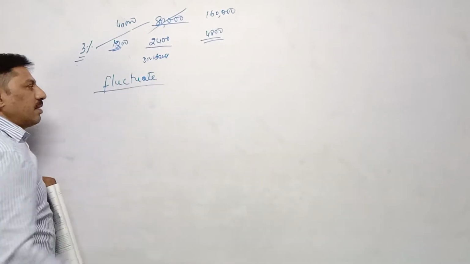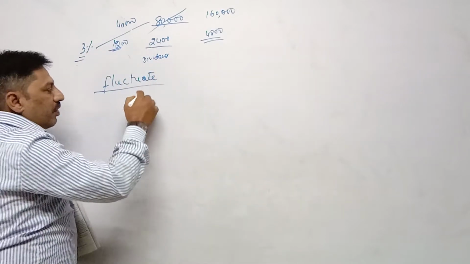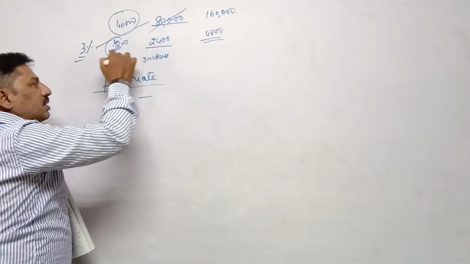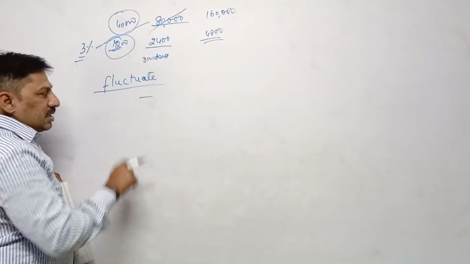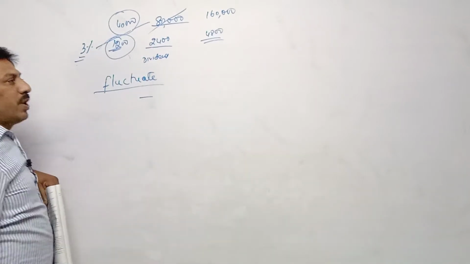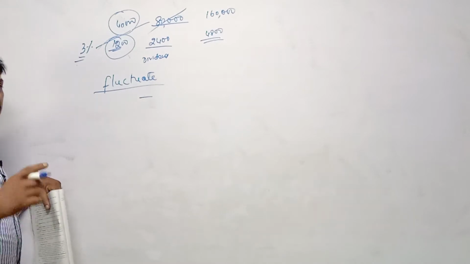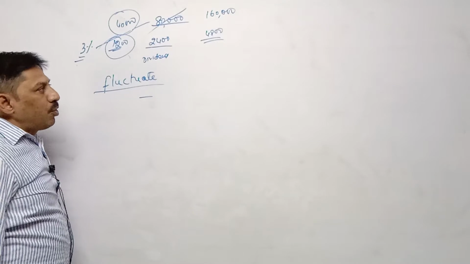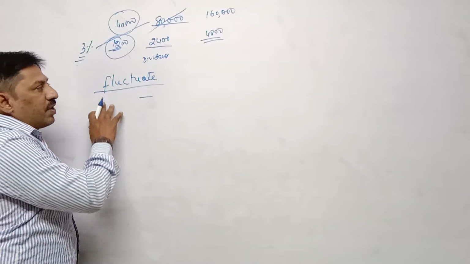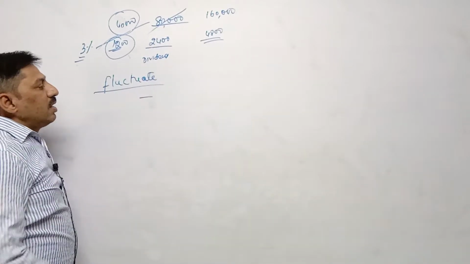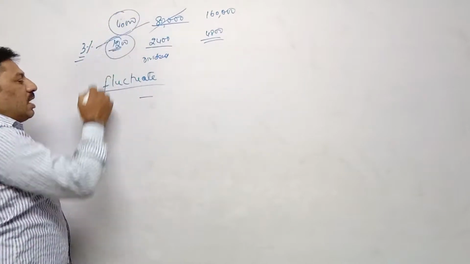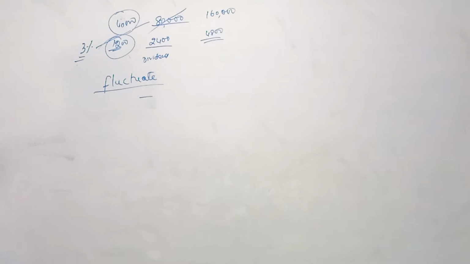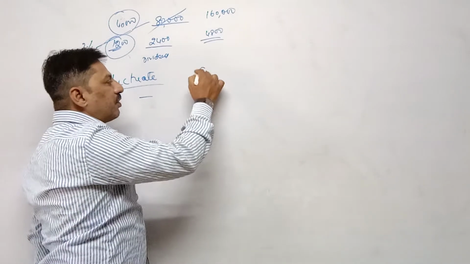If our company is earning more profit, our dividend is also more. If the company is earning less profit, our dividend becomes low. Our dividend on equity share fluctuates. It increases or decreases according to the profit. If the profit earned by the company is more, then the dividend of the equity shareholder is also more. If the company is earning low profit, then the dividend earned by a shareholder also remains low. So these are the two main characteristics of equity share.